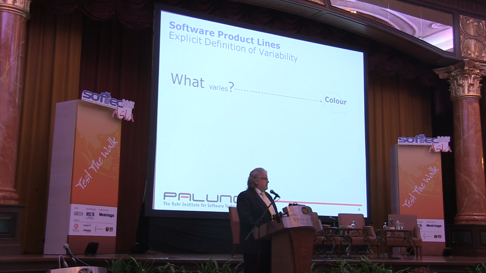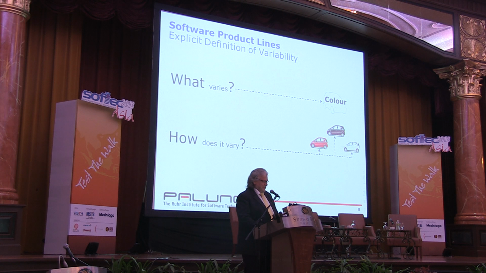And the second thing you need to define, also very simple, is how does it vary. For example, you define there can be red cars, black cars, and white cars. So no yellow, no green, black, red, and white. And what can vary is the color. So besides the commonalities, you also define how the individual products can vary. For example, in a mobile phone, the screen size, the memory you have, or some other things.